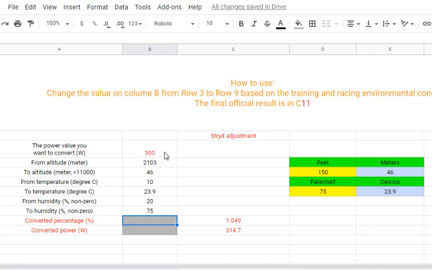You could do the same thing. Let's say if you knew, hey, my race power target for this race is 280 watts is what I figured out. I just plug that in, and now it's 294 watts with these same condition variables. Now I'm going to just show you something here. Let's look at this. It's called converted percentage. Actually, it's a conversion factor. The percentage is 4.9%. 1.049 is 4.9%. So you gain 4.9% on your power going from